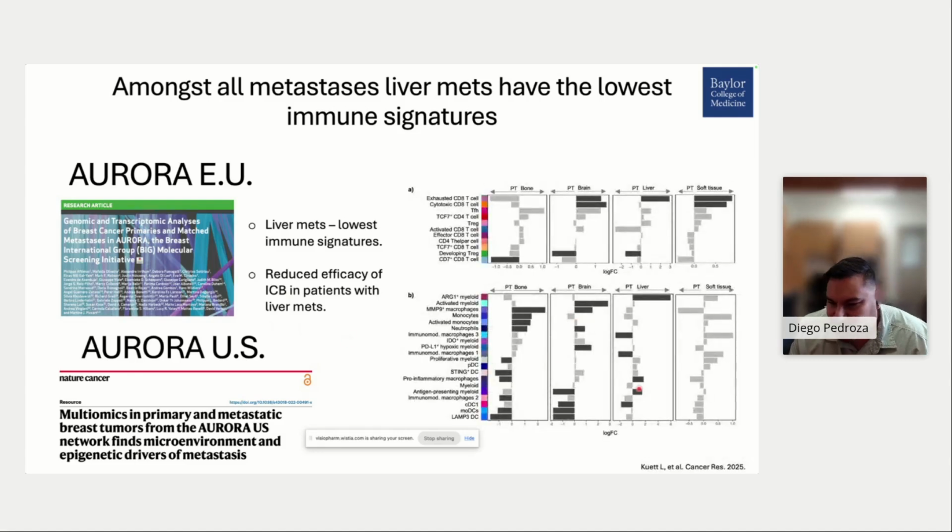And this was also shown by Bodenmiller's lab, which I think you guys should be familiar with because he's kind of like the grandfather of using these spatial proteomic techniques. And we've actually used a lot of his pipelines to analyze a lot of the data. And so his lab actually also saw that patients that had liver metastases had exhausted CD8 T cells, and they actually had these arginase 1 positive myeloid populations, which we now know are immunosuppressive.